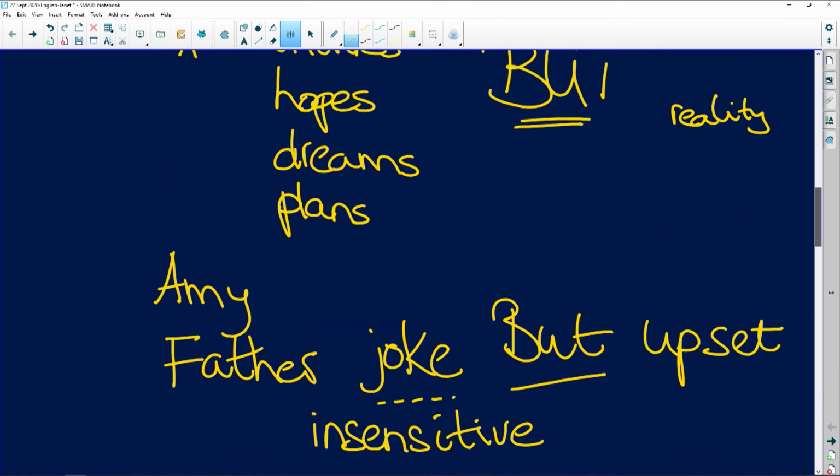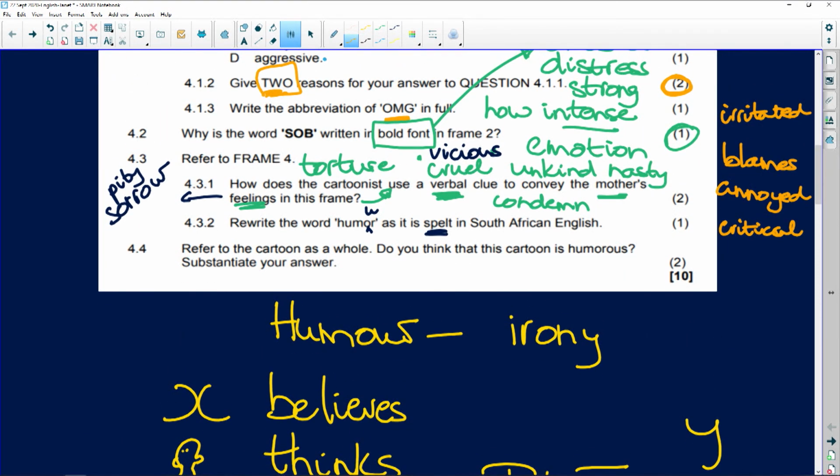All right, so just coming back to the question, do you think the cartoon is humorous? Try not to say no. Try to look for some kind of humor in the cartoon. And then substantiate your answer, which must be based on the text. You need to show why this text is humorous, not, but I wouldn't find it funny, I wouldn't have laughed. And remember, laughing out loud is only one kind of humor. So you can't say no because it's not funny to me. You need to look at this text and say, well, what is going on here?